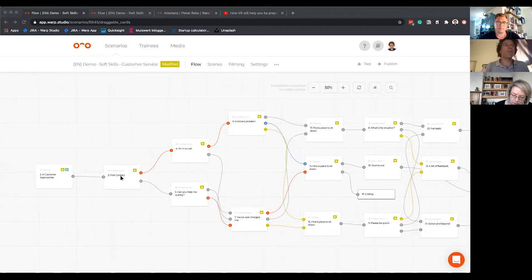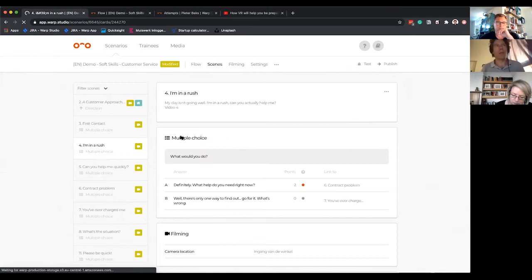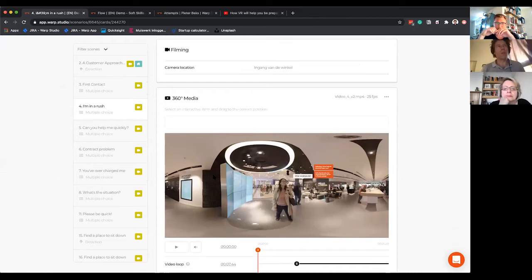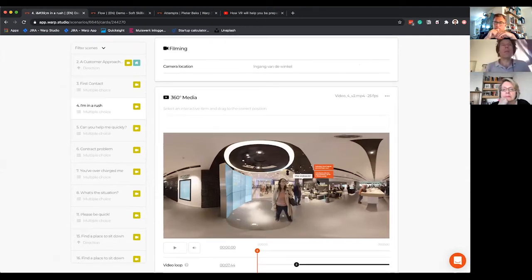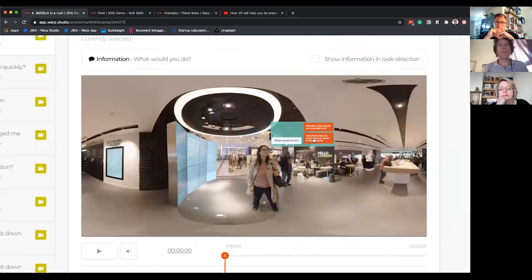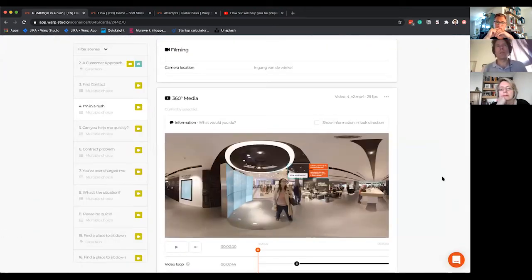If we dive into this scenario just a little bit further, just to explain where the video actually is. This is a screen which gives a little bit more detail about a specific scene. And what you can see here is a portion of video, which is actually a 360 video. So it's presented here in a flat way, but if you put on a VR headset, this will be completely all around you. And in these videos, there are these question boxes, which you can create yourself. You can drag them around and place them anywhere. And each of these answers will get you to a different scene where you probably recorded a different reaction of this woman.